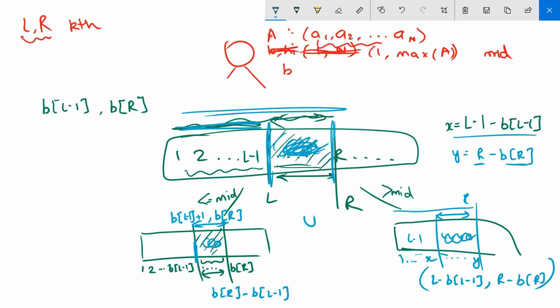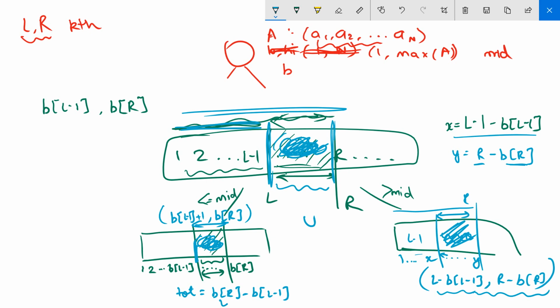So this was X, this is X plus 1 from where we are interested, and X plus 1 is nothing but B of L minus 1, and till Y we have to go, which is B of R. So guys, this interval is exactly this, and this interval is exactly this, and the union of this is exactly this. So now how many elements are these? The total is equal to B[R] minus B[L minus 1]. These many elements from this range went to the left side.